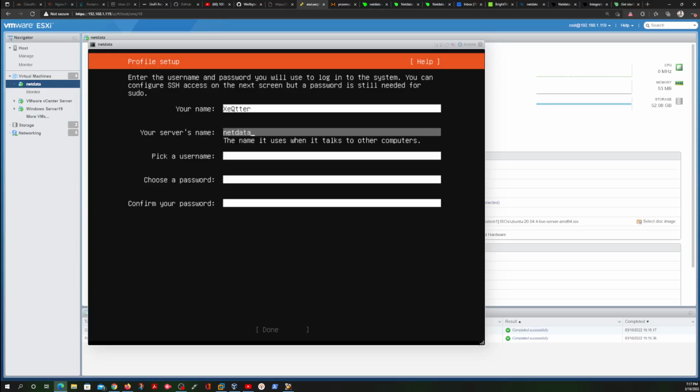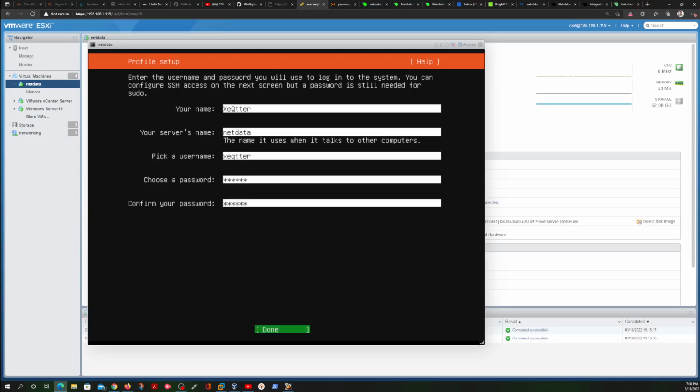So I suggest you always name your server after the service that will be running in it, because if one day you have like 100+ servers, you want to know which server is running what service as soon as you look at it. So we don't have to get too creative over here. Just name your server after the service that it will be running. It's that simple. And for this, we're just gonna go ahead and say executor, all lowercase, and put my super secure